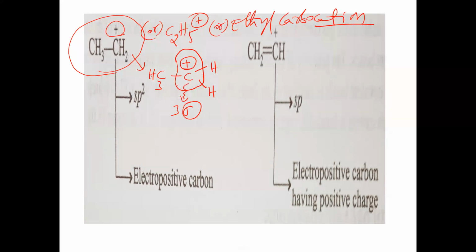So this carbon is what now? sp2 carbon. So CH3 plus also has sp2 hybridization, and C2H5 plus also has sp2 hybridization. Always, the C plus with the 3 sigma bonds around it will be sp2 carbon. Otherwise, a carbon with one double bond and one single bond is also sp2.